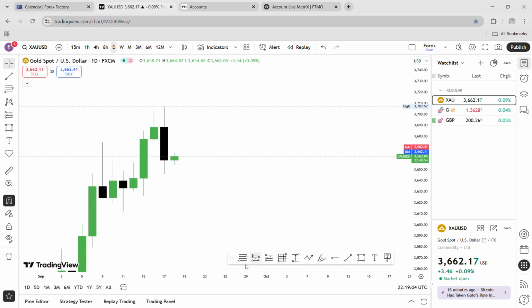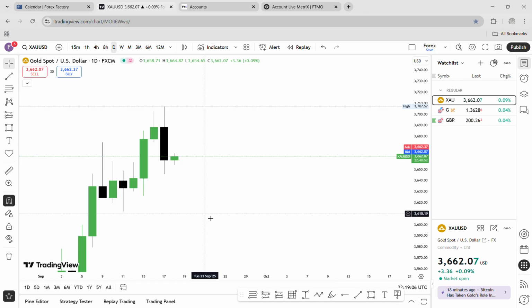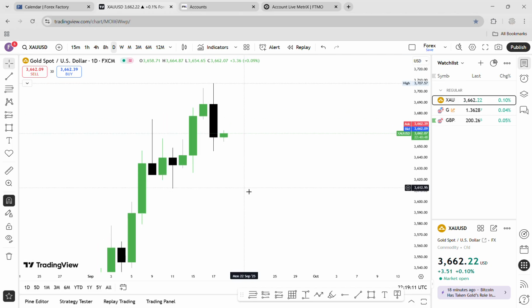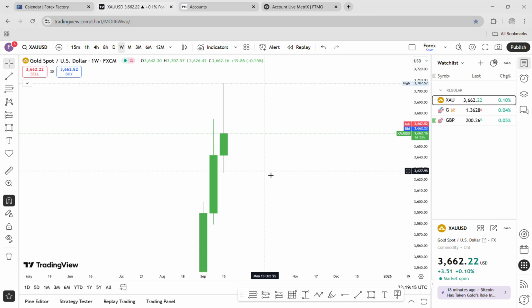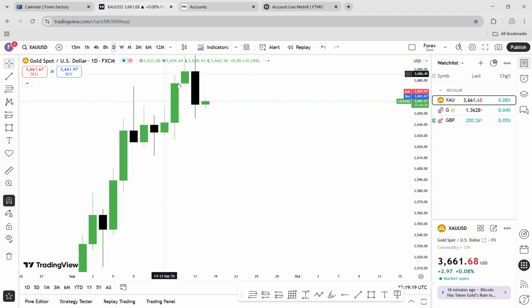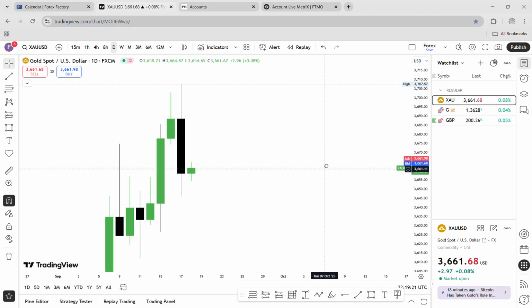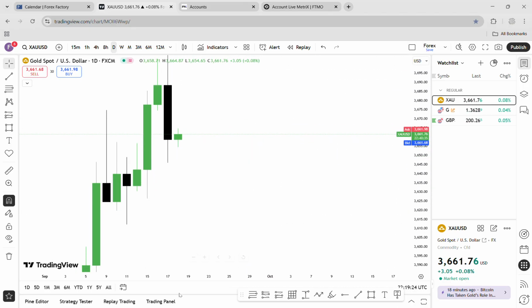So first of all, we start from the daily time frame because this is where we can see structure right now on the weekly and on gold. If you go to weekly, you can only see candlesticks, and this is the current week. So we are in the daily time frame. Looking at the structure here, you can see this is the low,